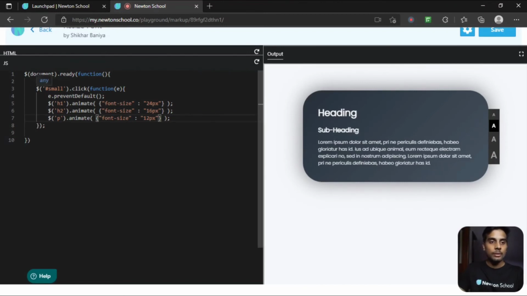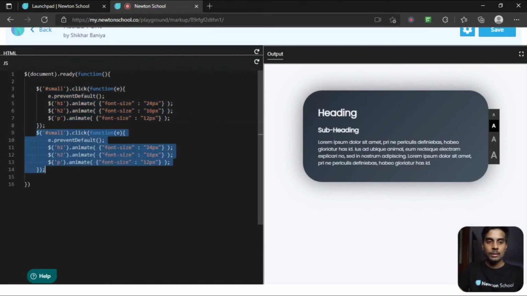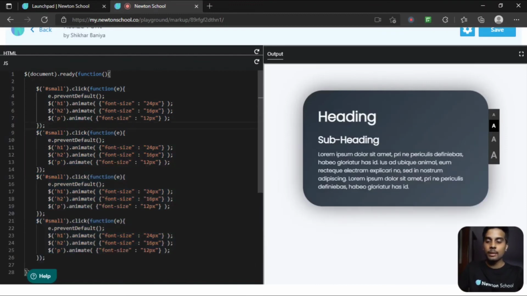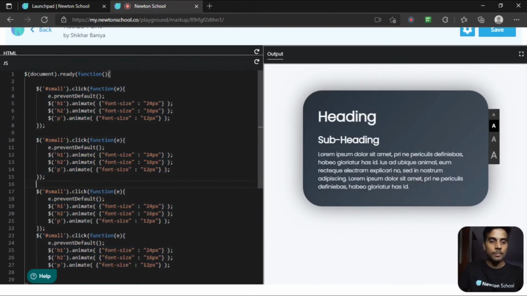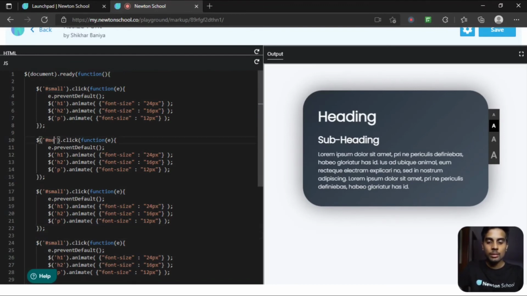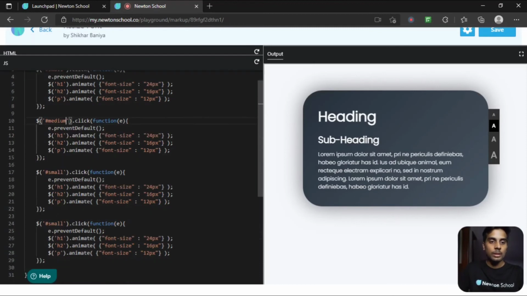Now in the same way, let's add these three more times for medium, large, and max. So this will be medium, and for h1 I want the font size to be 36.